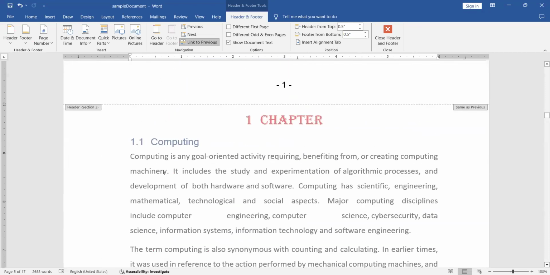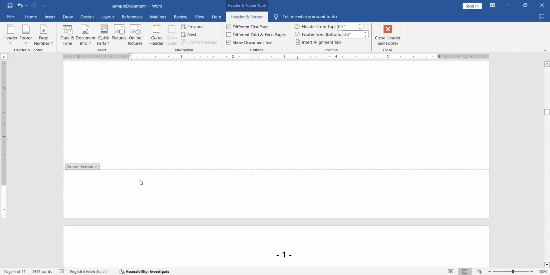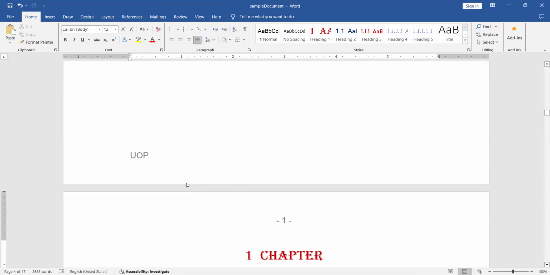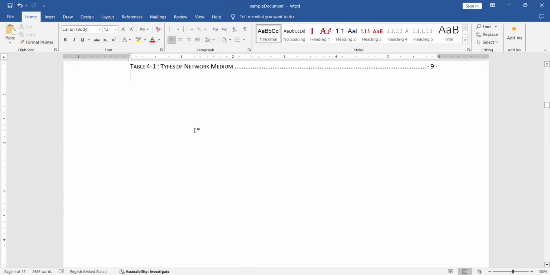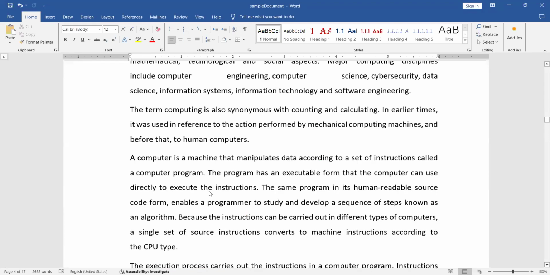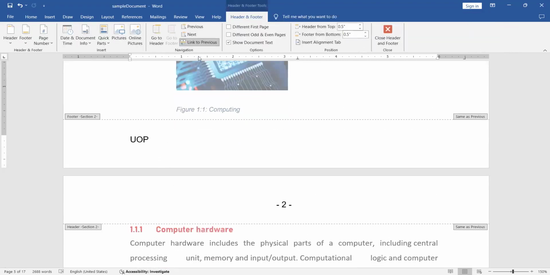So if you link this second section with the previous section, that is the first section, and if you insert, say, UOP, now this is the footer of the first section, which contains UOP. So the footer of the second section is linked with the previous section. Then whatever footer is available in the first section will be automatically inserted as the footer of the second section. If you remove this link,